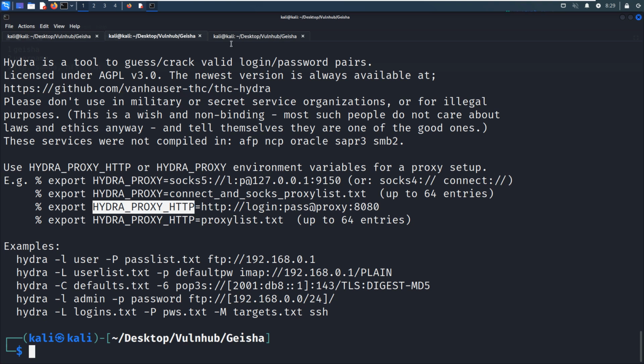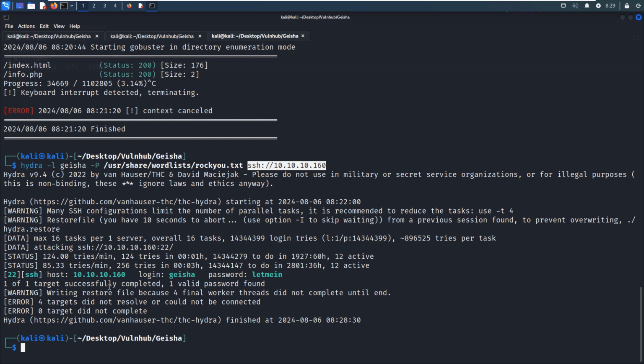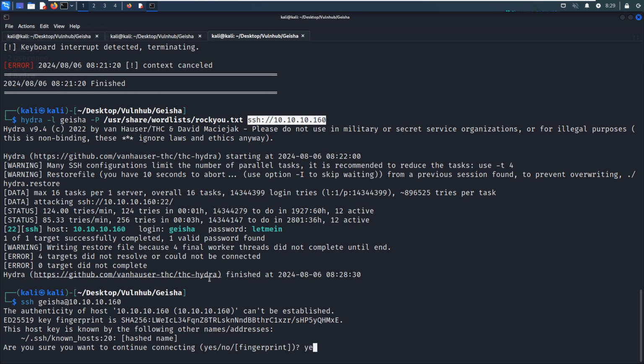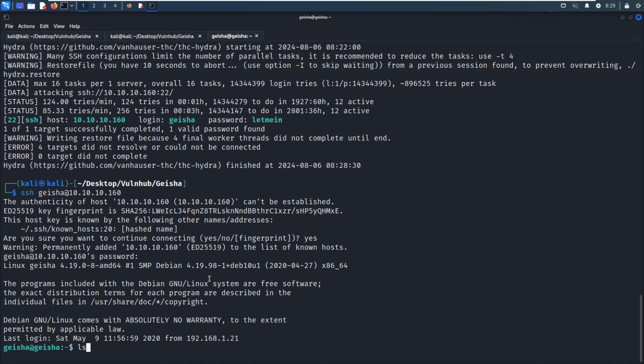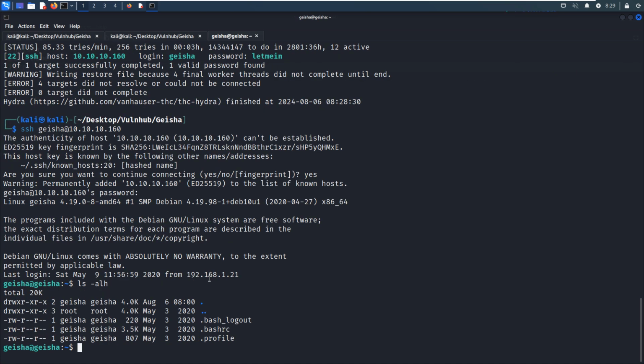Okay, as you can see, finally Hydra has cracked the password for this user, which is great. So now we can SSH to the target and let me in. Very stupid password. Next, we need to make some local enumeration to elevate our privilege.